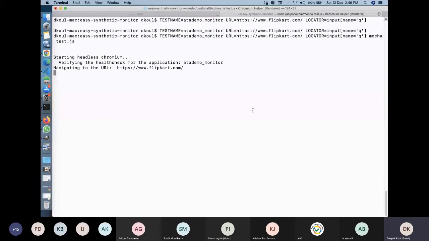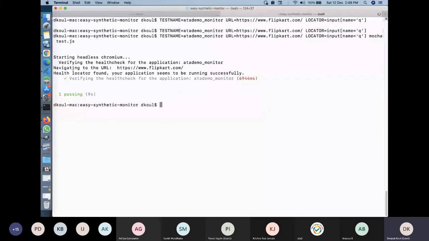Okay, so you can see that it started the headless Chromium, which means because this is headless, we are not doing browser compatibility testing here, right? What we are planning to do, the purpose of this check, is to work in a non-GUI mode, because we are running it, let's say, every 30 seconds or every 1 minute. So we cannot rely on an actual GUI browser because it's slightly slower than the headless browsers.